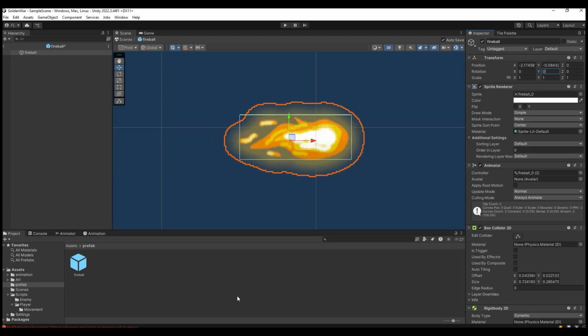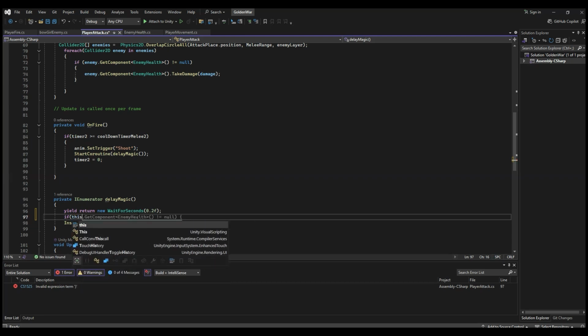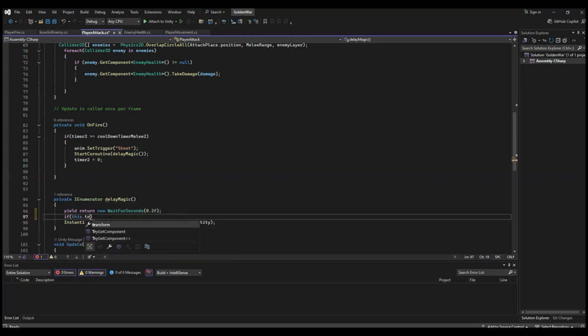So right now it is 0. I say if this, it means the code that is on the current game object, which is the player, transform that. We can delete this, but